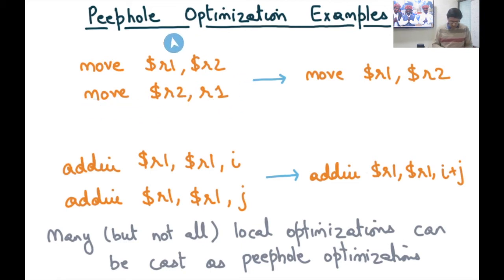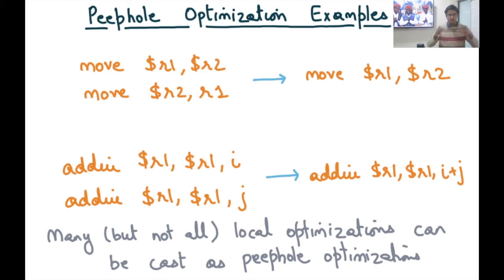Now this kind of instruction sequence can actually occur very frequently when you are generating code from IR to assembly, because when you are doing register allocation and then you are assigning IR registers to assembly registers, then you have to emit code that is going to do this register naming and transfer of values from one register to another, or transfer values from register to stack slot and things like that. And so often you'll find very closely located instructions which look like they're just moving registers back and forth.